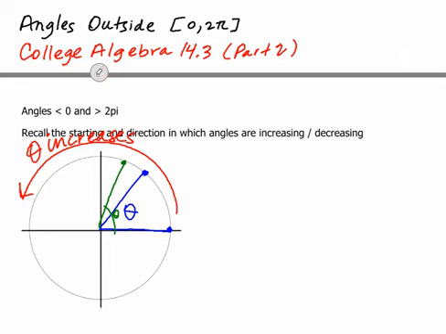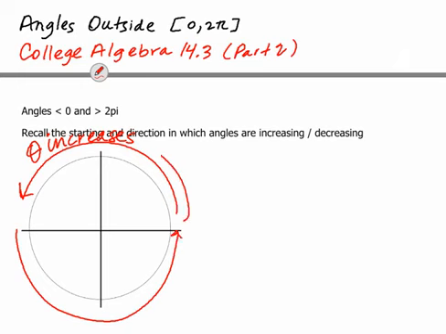Now, up to this point we were only looking from 0 up to 1 rotation around the circle, which was 2 pi. Today we're going to look at what happens after you go past 2 pi and keep going. It's not a big surprise. It does exactly what you think it would do. And then we will also look at